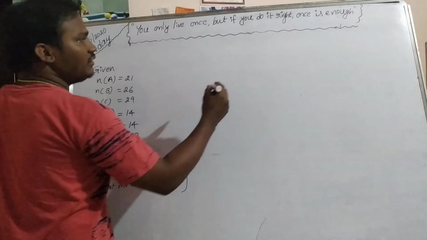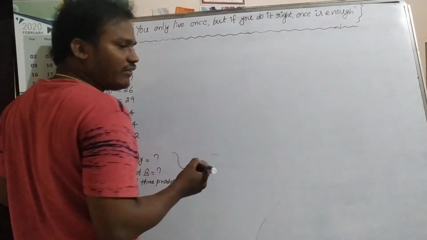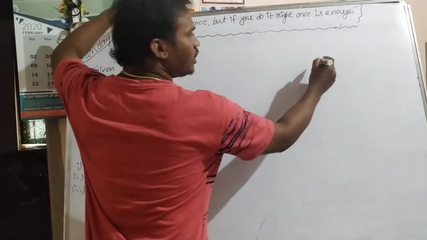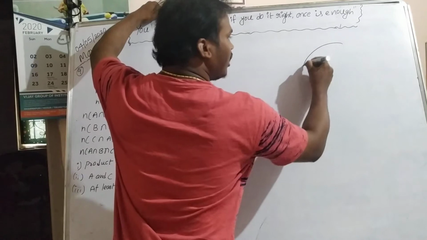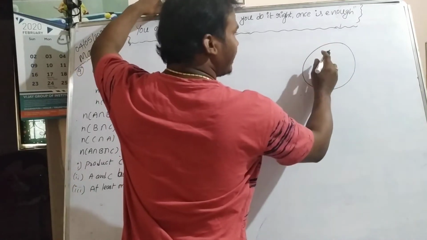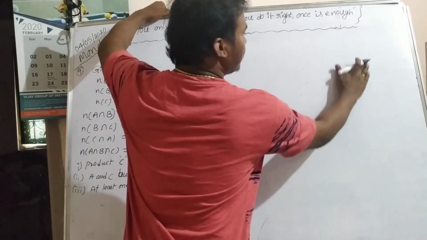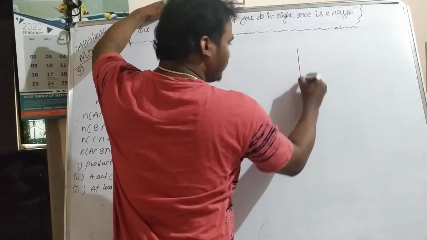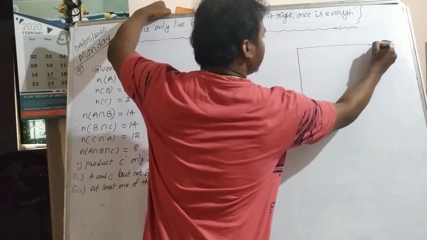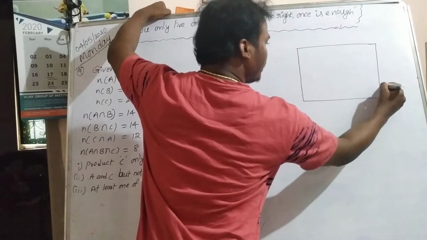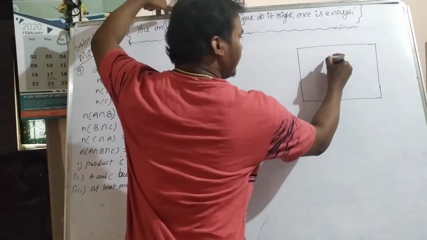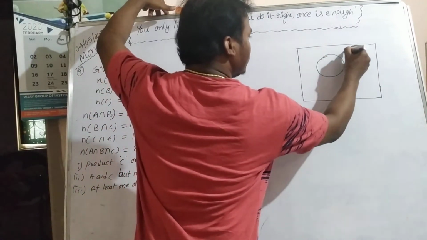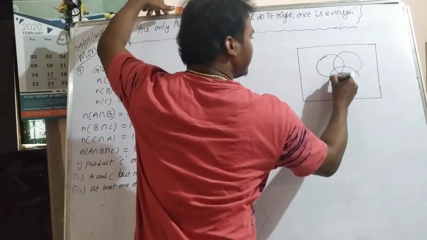Okay, first of all, make sure that you draw a Venn diagram for this one. How to draw the Venn diagram? Let's see. All of you know how we should draw the Venn diagram. I'll draw small circles. Okay, take the universal set, or if you don't take the universal set, it's also not a problem. Take the set A, set B, and set C.